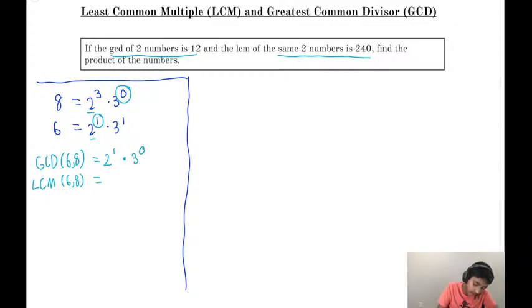So 2 to the 3, 3 is larger, and 1 is larger. So 2 to the 3 times 3 to the 1. A really neat trick that we can use here is that the product of the GCD and the LCM is equal to the product of the two numbers. Here's the reason why. When we're multiplying the GCD and LCM,